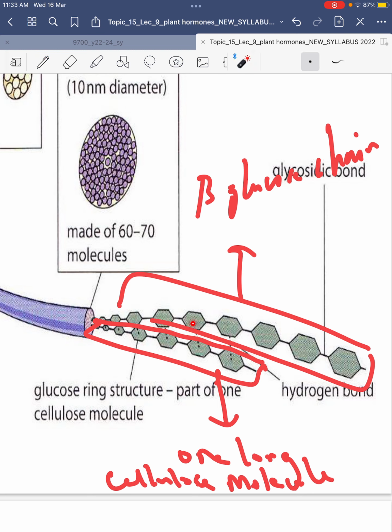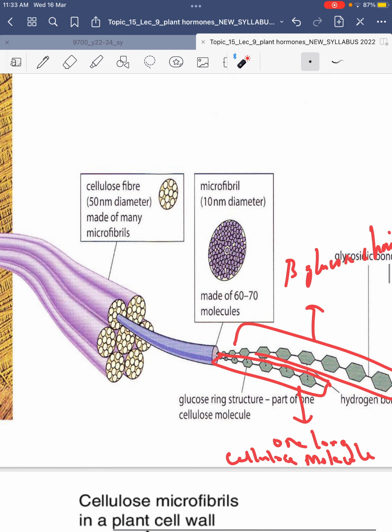So this is actually one chain. It consists of beta glucose, one chain of beta glucose, or a molecule of cellulose. It says here, part. So many of these molecules or beta chains will make up a microfibril, and many microfibrils